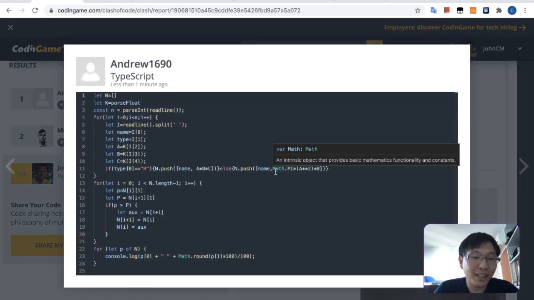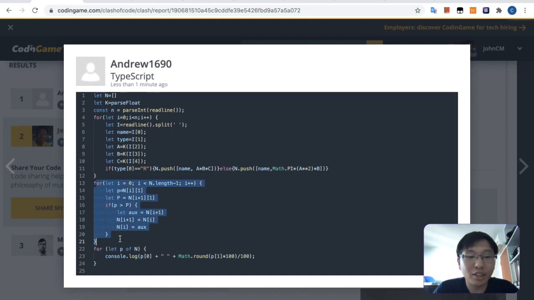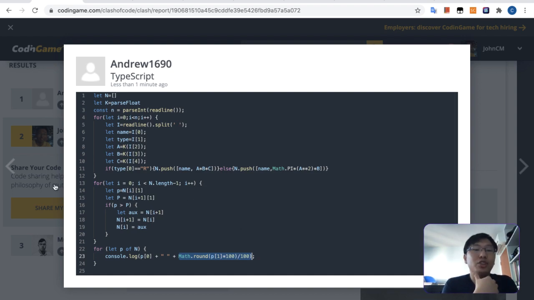Oh, Andrew, not bad. Wow, look at this. Yeah, I missed out the sorting because I didn't know that you needed to sort. Maybe I could have done this Math.round times 100 divided by 100. So if it's a whole number, then yeah, I could have done this. But now the issue is,